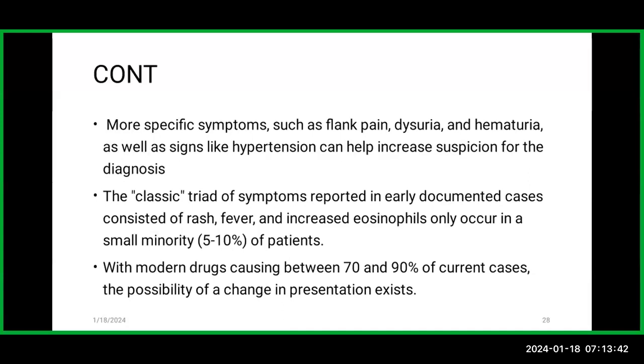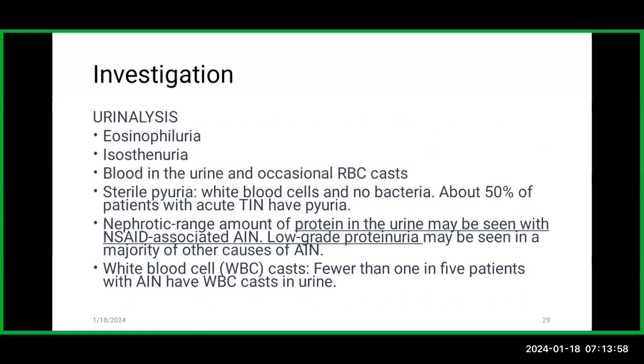The classic triad of symptoms reported in early documented cases consists of rash, fever, and eosinophilia. Increase in eosinophils occurs in a very small minority of patients. With modern drugs causing between 70 to 90% of current cases, the possibility of a change in presentation exists. So how do we investigate this patient? Like I mentioned before, there could be eosinophilia, isosthenuria, blood in the urine, sterile pyuria, nephrotic range proteinuria